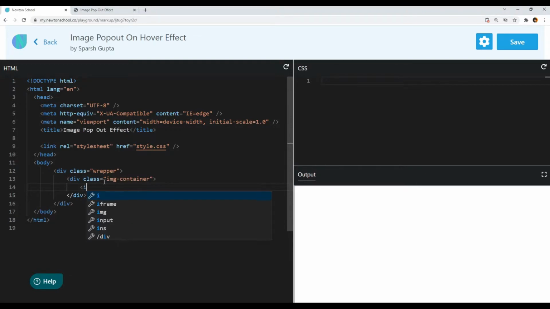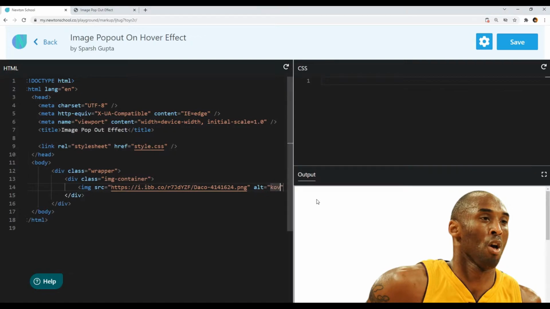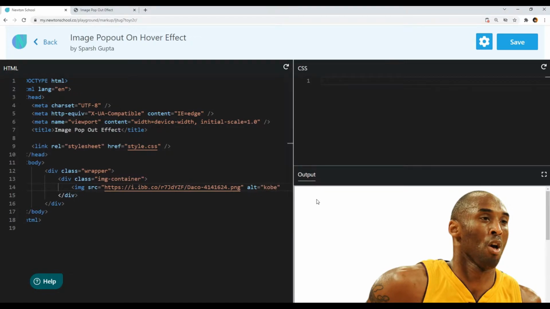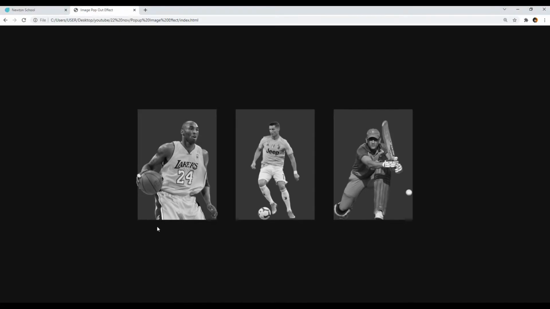So I will include the image using the img tag, and for the source let me copy and paste the image link. This is the picture of Kobe, so I will write the alternative text Kobe here. So I have included the image and we have created this image container.